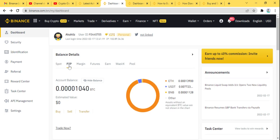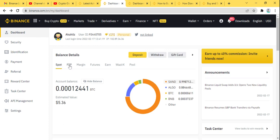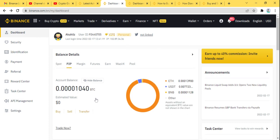On the P2P section, this is how your dashboard looks. If you are a new user, you won't be seeing any amount of cryptocurrency in your wallet. So all you need to do is go over to the P2P section. This is the spot wallet account. You can go over to the P2P section and click on any of the options here that say